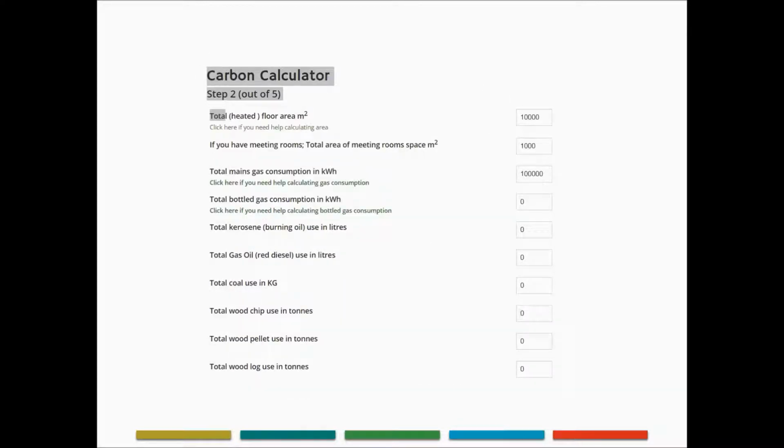Moving on to the next step, step 2, we want your floor area. Like I said, there's a little tool there to help you calculate square meters if you need it. You can put in the meeting space area in terms of square meters. That's your internal square meterage. So if you have a 50 square meter conference meeting room, then you can put that in as your meeting space area, and it allows you to understand what proportion of your energy is likely to be associated with that space. Whereas the overall floor area of the building is generally the external floor area,